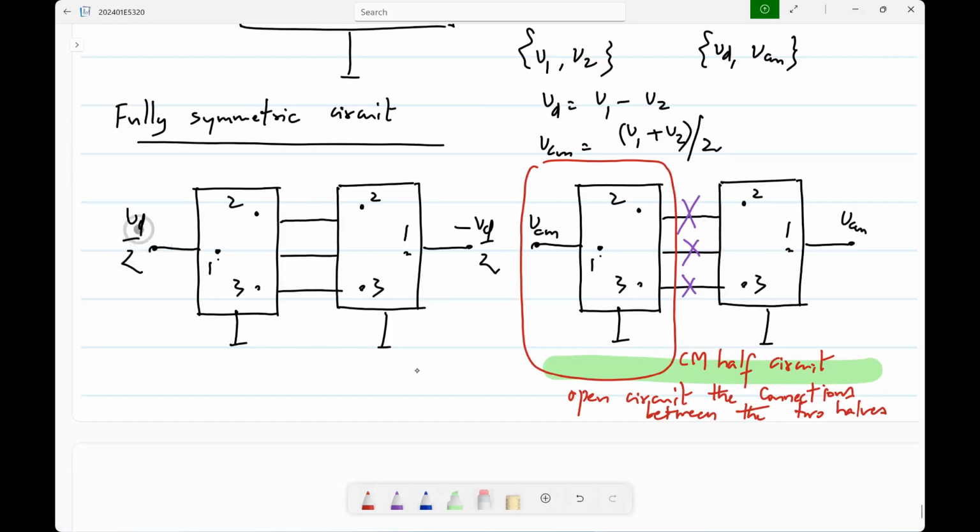So now you can use superposition. By saying superposition, I am assuming linearity here. If I set this to 0, I will get some solution because I have Vd by 2 there. If I set this to 0 and put Vd by 2 on this side, I will get the same solution. Now I put minus Vd by 2, I get exactly the opposite polarity solution. So when I add them up, these node voltages will be